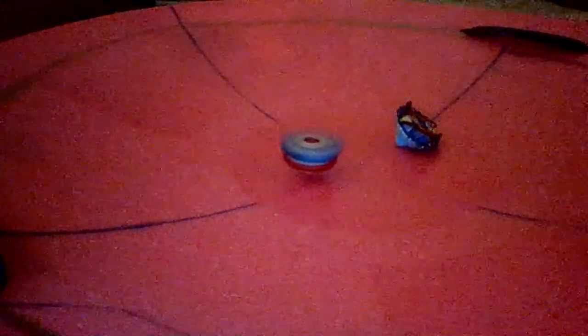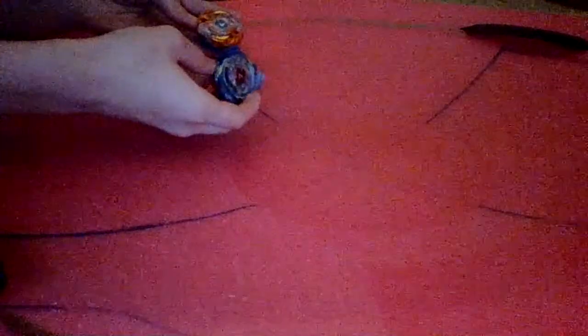Volt versus Xander. And Volt actually wins this battle because they get knocked out of the stadium. Just pretend this is out of the stadium. Bam. Roktavor helps out Valkyriak and it spins in the middle. Like that. So they're all impressed. And now we can actually start the battle between